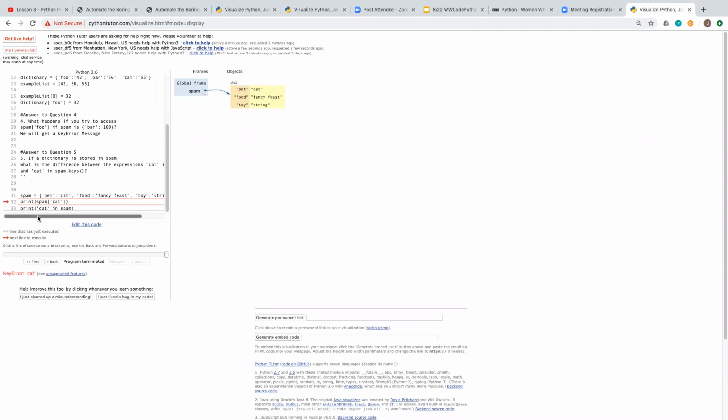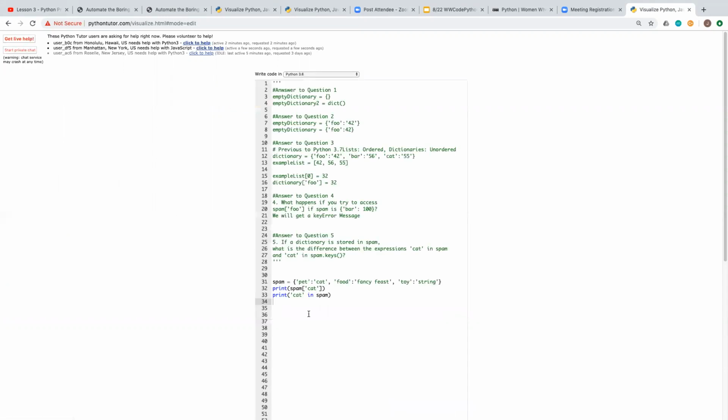Okay, so when I did that print for spam of cat, it throws a key error because it's doing an explicit lookup. But if you do an in check, in returns true or false, a Boolean, and it will give you a false instead of an error. I agree with that. I thought you said, though, I guess I misunderstood what you were saying earlier. I was saying if you change it from is cat in spam to is pet in spam. Oh, gotcha. And if you change it from the value to the key,